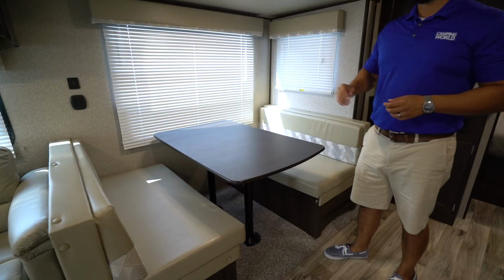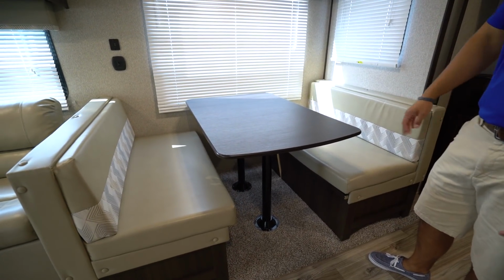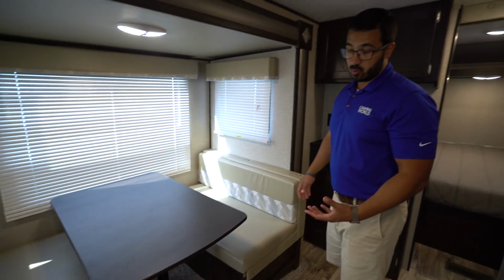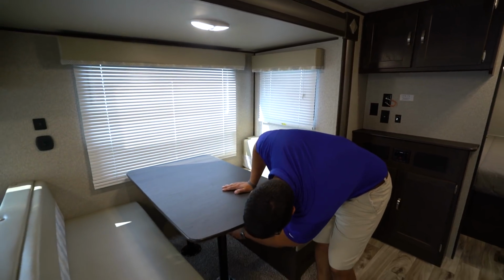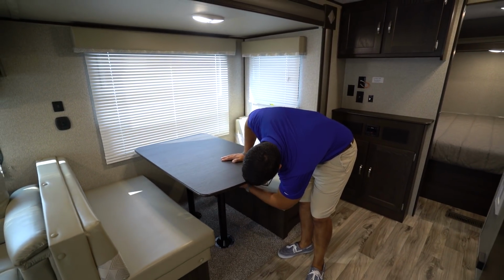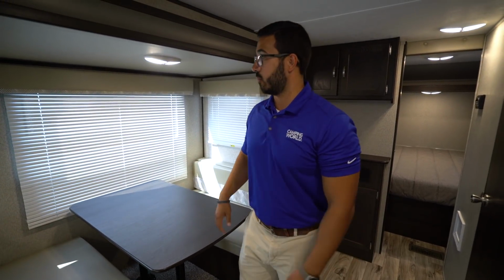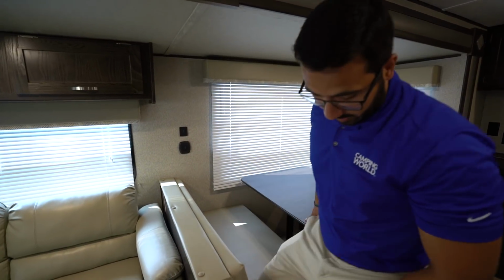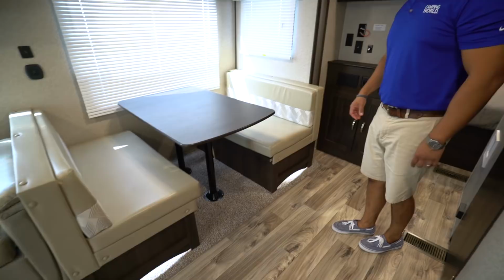Dinette, you can easily sit 4 people at, maybe 6 if you cram in. It's a pretty good sized dinette. This does drop down into a bed as well, folks. If you want that additional sleeping space, all you have to do is remove the legs from the flanges in the floor as well as the table. Table sits down along these rails, take the cushions, throw them on top, and that will give you additional sleeping space. There is lighting underneath too. If we flip that on, you can see the accent lighting underneath both sides of the